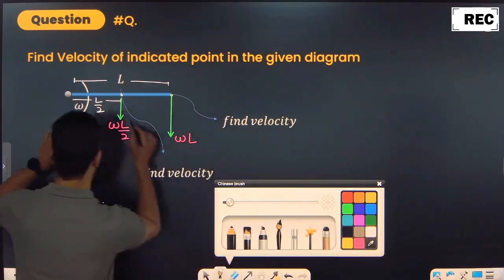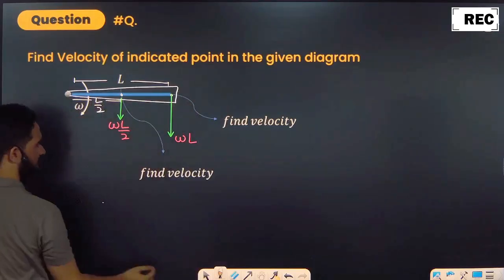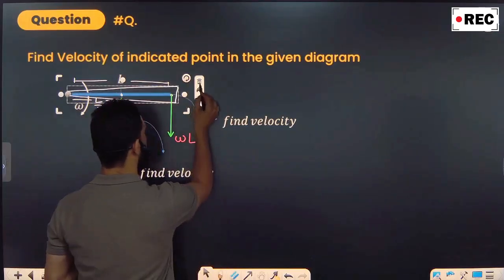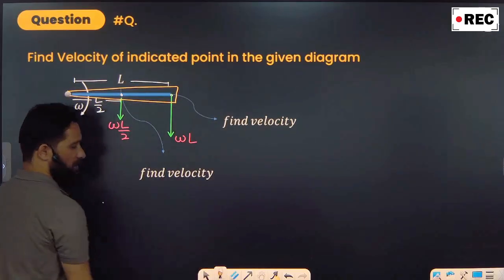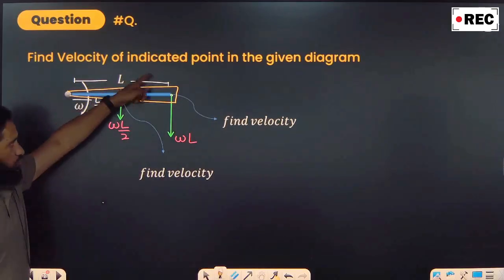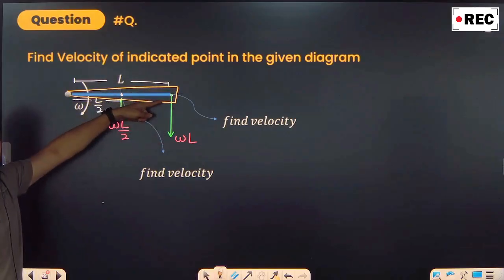If it was a fan, and this is the wing of a fan. Fan का एक wing है ये. So tell me which of the point on the wing of the fan is moving very fast? I told you, पहिया वो वाला जो दूर होगा, it is moving fast. But omega is same. Omega is same.